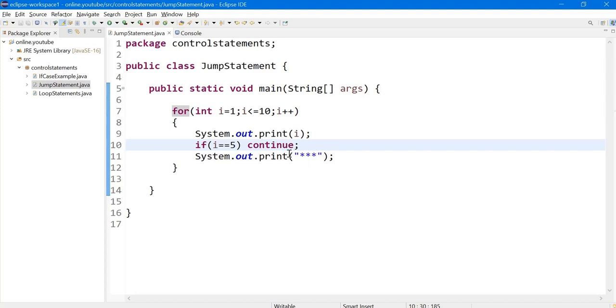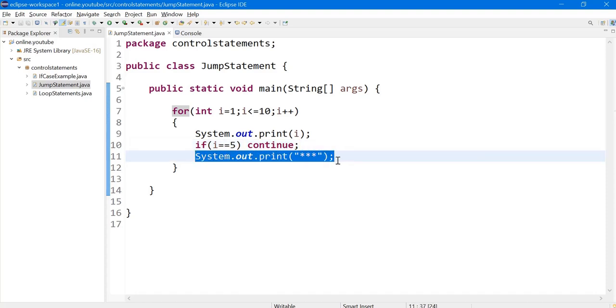If you understand the definition of the continue statement, it will ignore the execution of the remaining part of the code only for a particular iteration. That is, I said if i equals 5, continue.